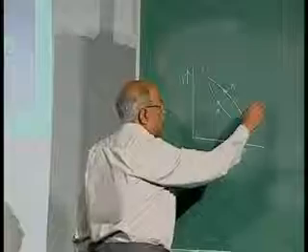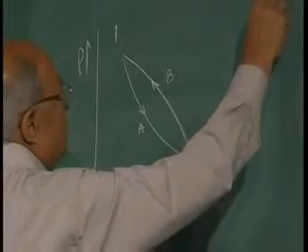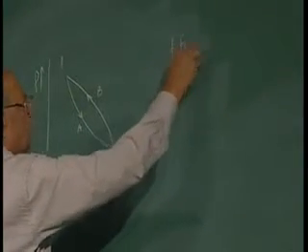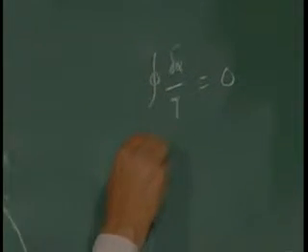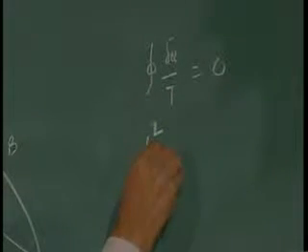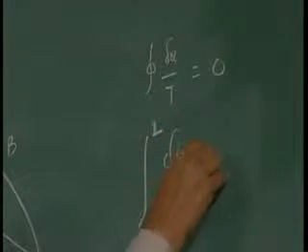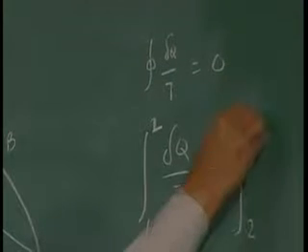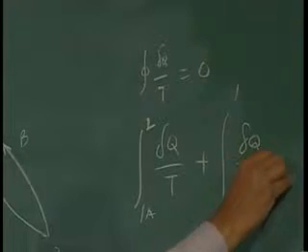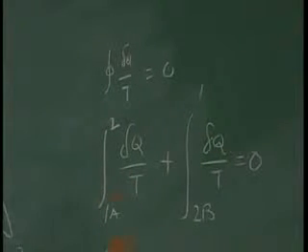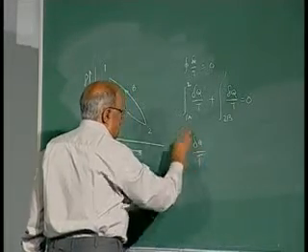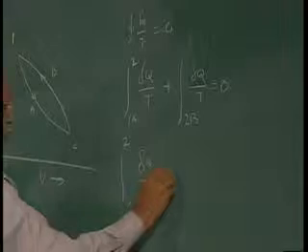And if it executes a complete cycle, we can write the cyclic integral of dQ by T is equal to 0, or the integral from 1 to 2 via A of dQ by T plus the integral from 2 to 1 via B of dQ by T should be equal to 0, or we can write the integral of dQ by T from 1 to 2 via A should be equal to minus the integral from 2 to 1 via B of dQ by T,